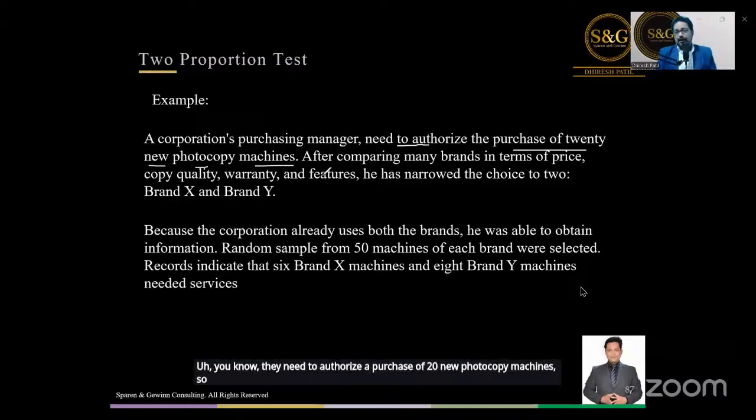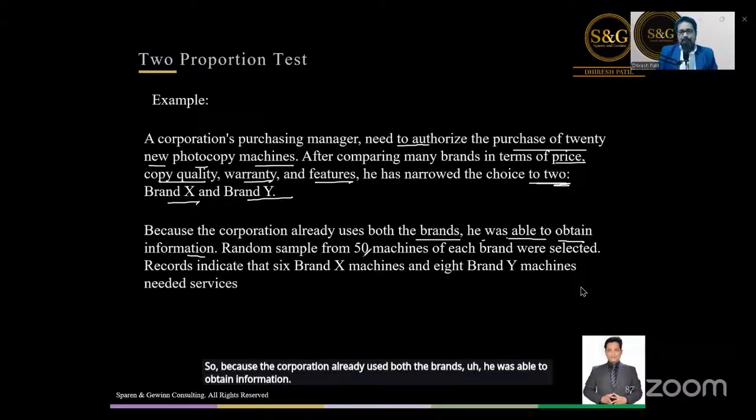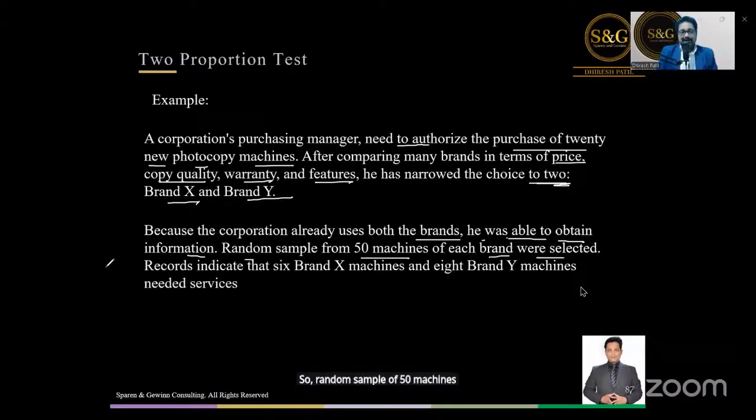After comparing many brands in terms of price, copy quality, warranty, features, etc., they have narrowed it down to two, brand X and brand Y. Because it's a big company and they already used both brands, they were able to obtain information. A random sample of 50 machines of each brand was selected.